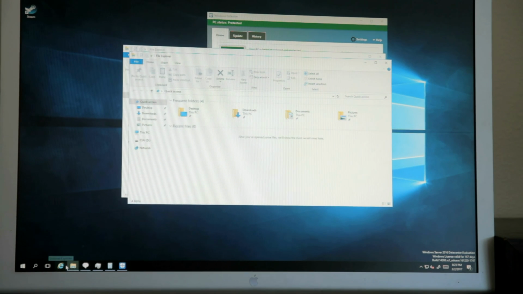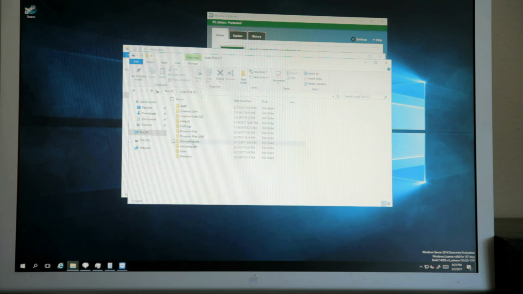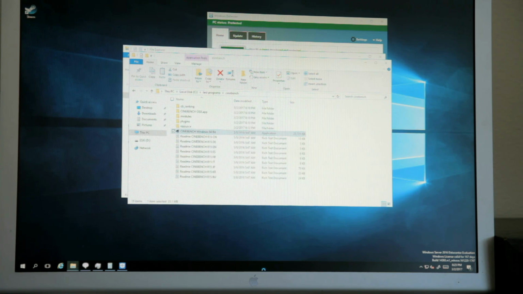Okay, so here's what I did. I made a folder on the root of the drive called test programs. So I have a few things here. So here's Cinebench. Let's just throw Cinebench at it. We're going to just run it on